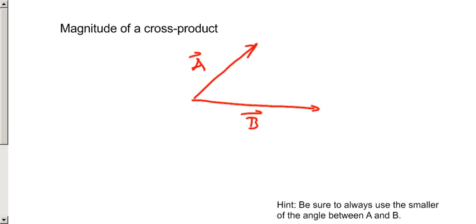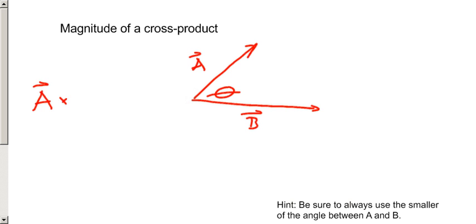Whereas the dot product is looking at the vectors in the same direction of one another, the cross product is looking at the size of the vectors that are not in the same direction as one another. So the further the vectors are from one another in terms of the angle, the greater the cross product is going to be. So if we call this angle theta,